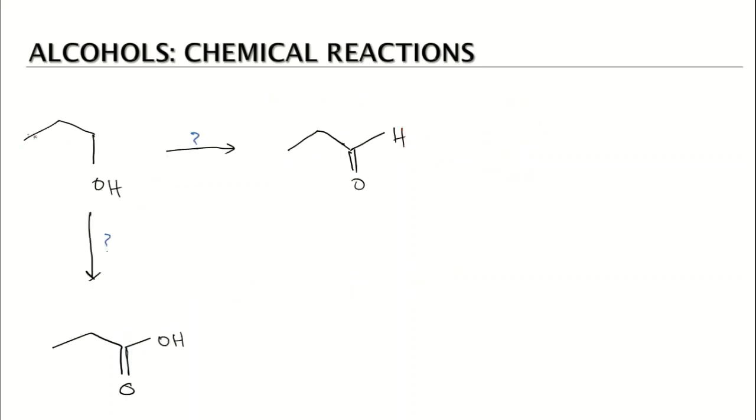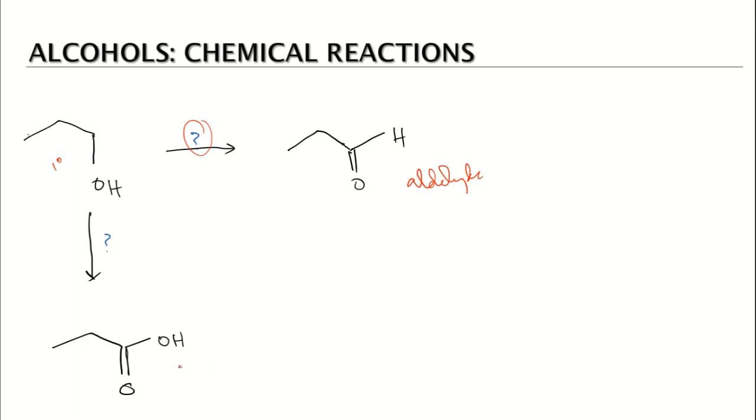We have another example here. We have been given a substrate, and we have been given the product of the substrate. If we try to recognize this alcohol, this is a primary alcohol. This is a 1-degree alcohol, and its oxidation has resulted in an aldehyde. This is an aldehyde. What we are supposed to do here is to predict the type of reagents that we are using for this conversion.